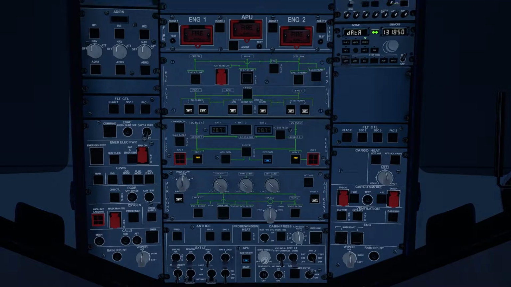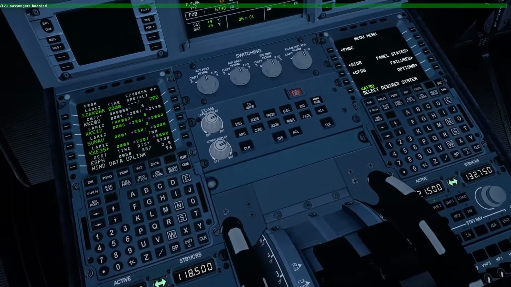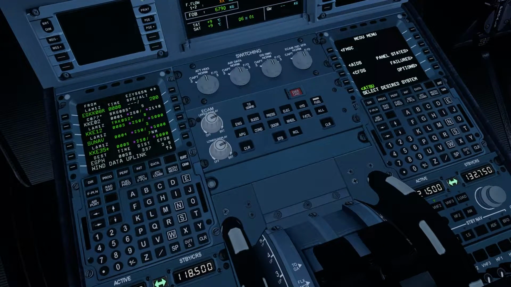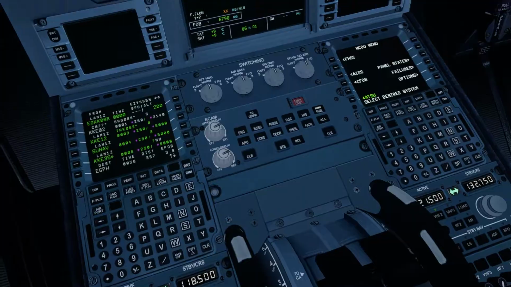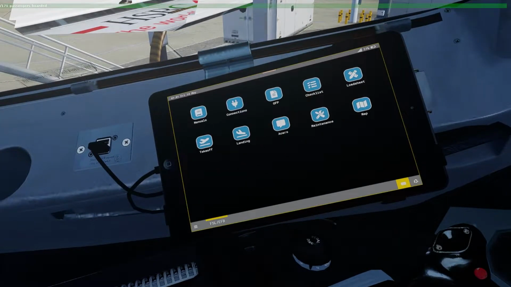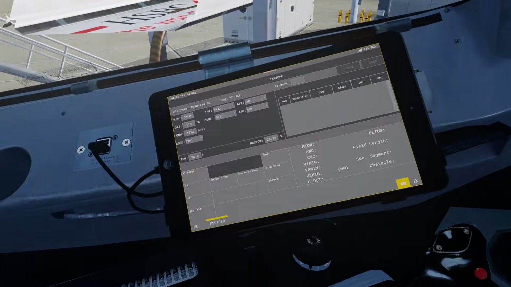So we'll jump inside the flight deck, then we can start the APU as majority of the passengers are in. Fuel pumps can now come on also. We get those all in. We do have some checklists to run through, which we'll do in 1 second, but let's head over to the EFB and get our takeoff performance from London